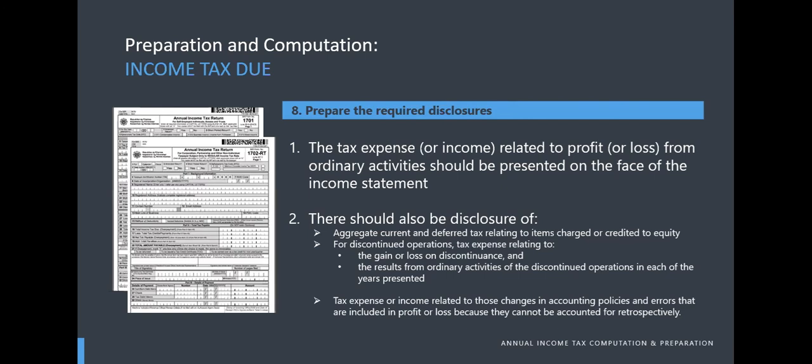As discussed, the application of tax laws is prospective. So whatever result may be due to the accounting policies and errors cannot also be applied retrospectively for tax purposes. So